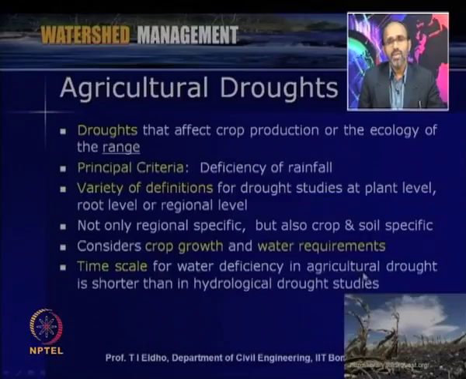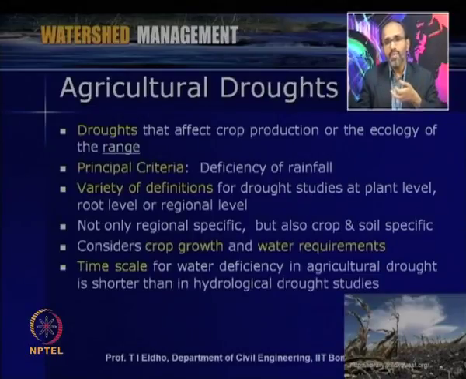or with respect to soil moisture condition level, or the evaporation level, like that. So, it is not only regional specific, but also crop and soil specific, and this considers crop growth and water requirement. Say, for example, in India, when we look into the kharif crop or the rabi crop, kharif crop is during the monsoon time and rabi is after the monsoon time. So, now especially in the rabi season,